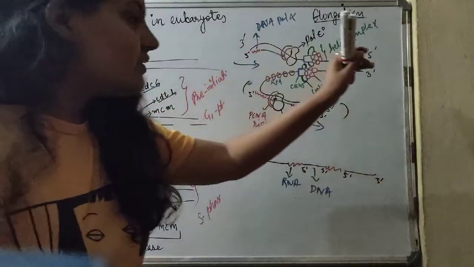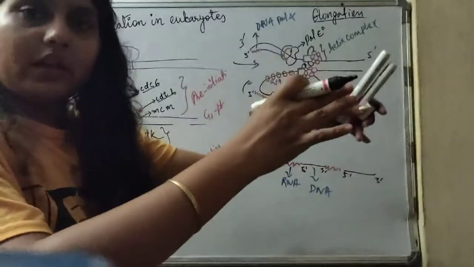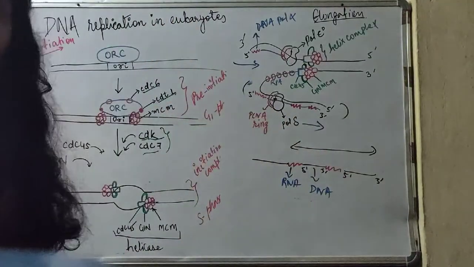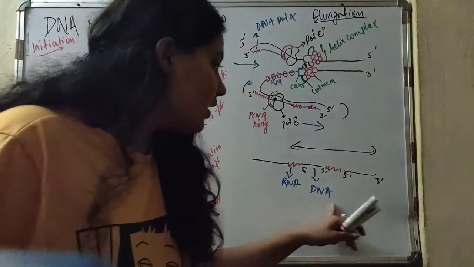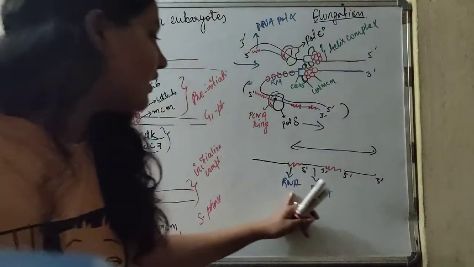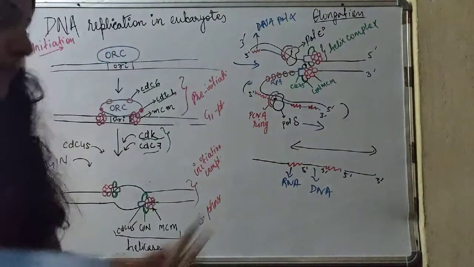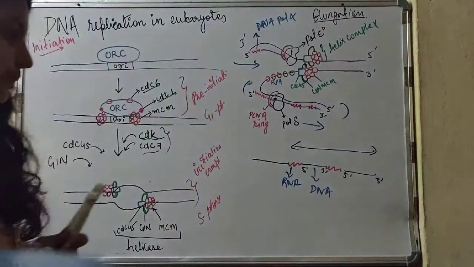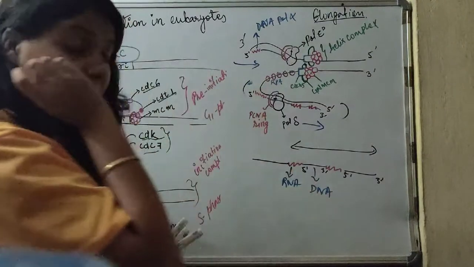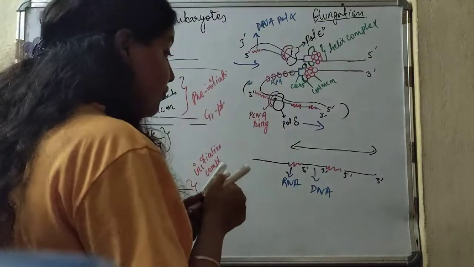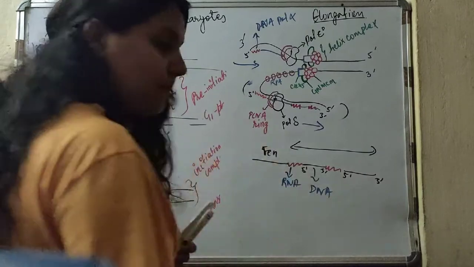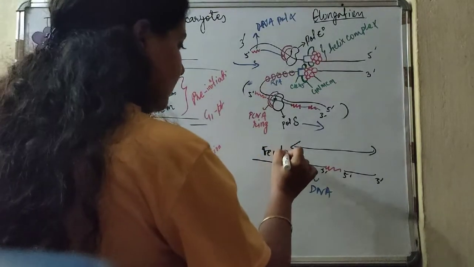Now the leading strand synthesis is easy, it is okay. Now the new strand which has formed in the leading strand is wholly DNA. But the lagging strand, how to make the whole of the lagging strand a DNA strand? Because there are the RNA patches in between them, right? So to make them a DNA strand, another protein known as FEN, F-E-N, and